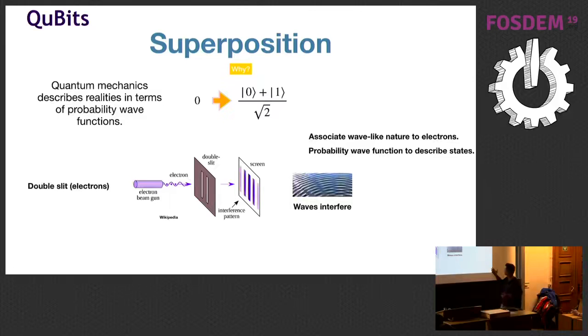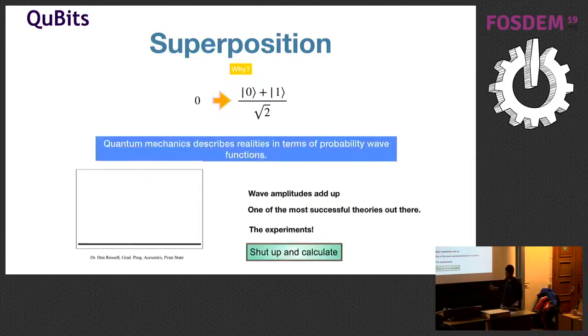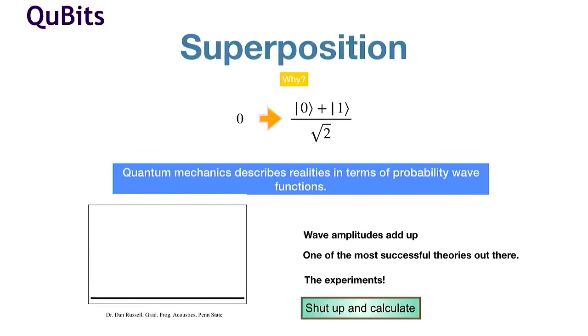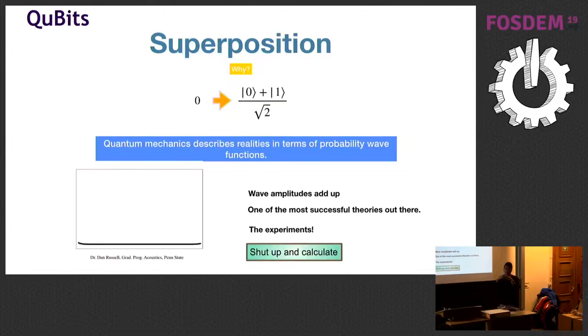And to explain that, let me show you this animation. I hope it works. So if you take two waves and you let them cross each other, they interfere, they push amplitudes up, they push amplitudes down. So if you want to formally use probabilities and probability waves to describe events, you also have to accept that they can superimpose, interfere, and do this kind of thing. And it turns out that by using this idea, you're able to explain a lot of these experiments that followed.